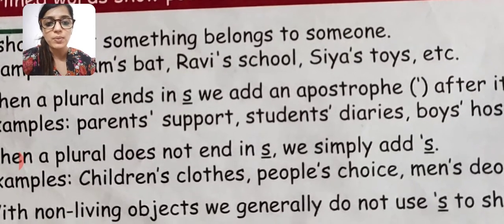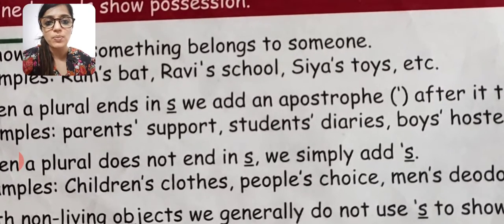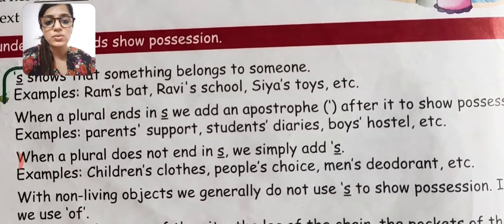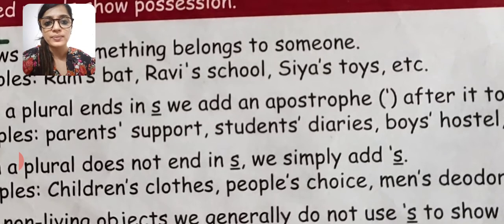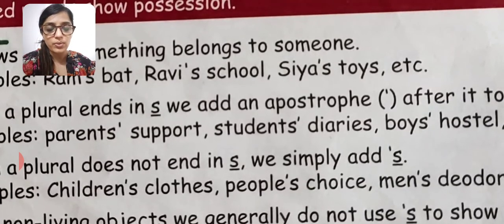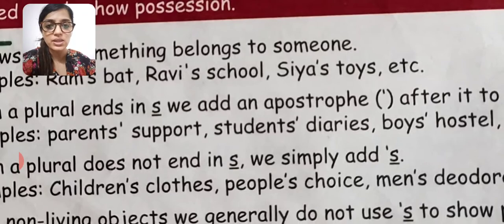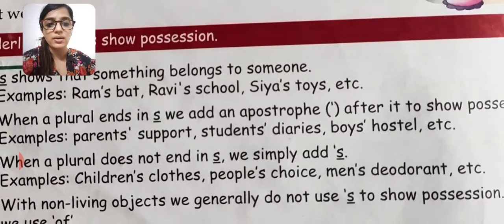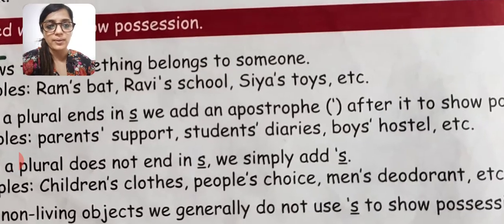बहुत सारे पेरेंट्स हैं, और जब बहुत सारे पेरेंट्स हैं, प्लूरल फॉर्म है, so we are using the apostrophe at the end. Whenever we are talking about the plural form of anything, we will use the apostrophe at the end of the word, not in between. But when we are using the singular form, we will use it in between and add s. Okay.